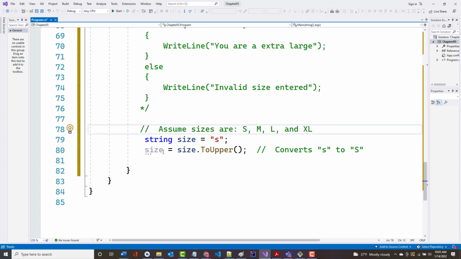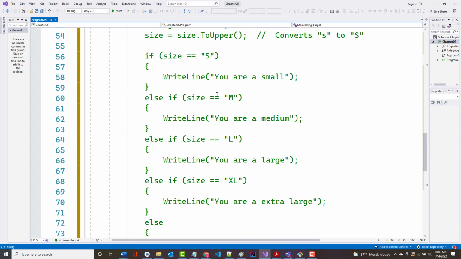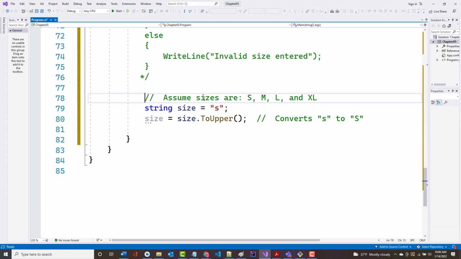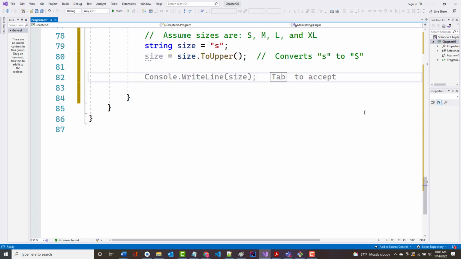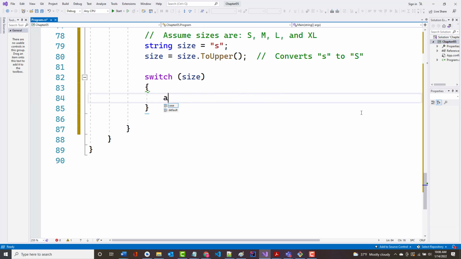All right, so here are my sizes again, but I want to rewrite this. It's totally fine the way it is. All right, but I want to rewrite this like this. I'm going to use what's called a switch statement. So I'm going to type in switch on size, and the whole thing has to be within curly braces. So I'm going to say case